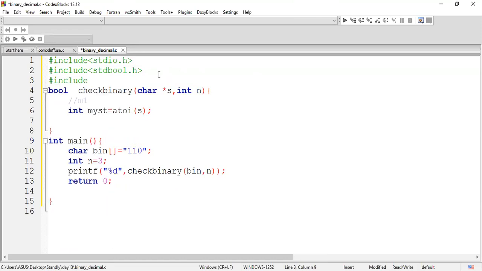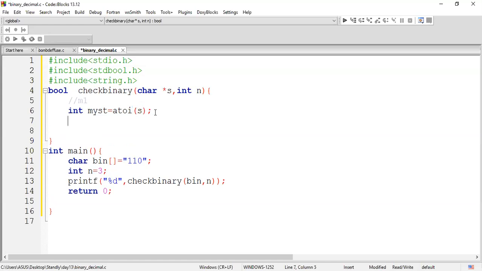So you can add the concerned header file for it, string.h. So this is done, and followed by it, now we got an equivalent integer value for this particular string. Whatever the string might be that is passed, we just made it an integer value. Now if you have a binary value, it will be easy for us to convert it to an integer, right? So this is the process we are going to do here.